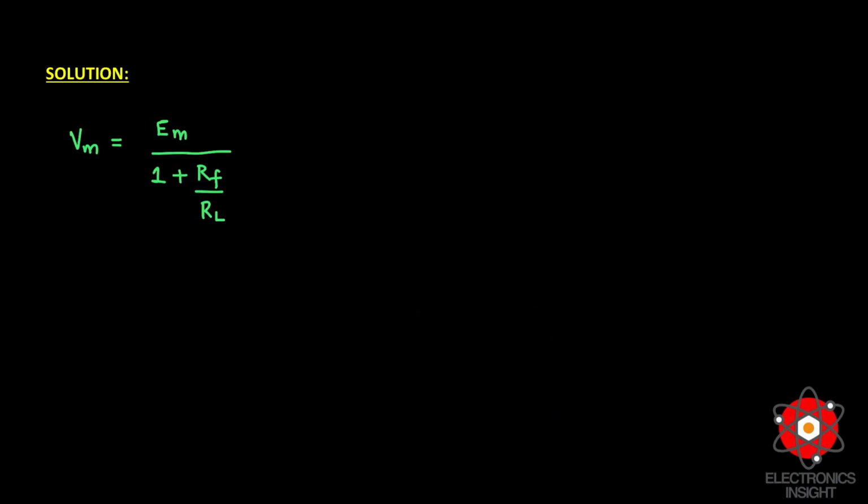To sketch the input voltage waveform, we need to understand the maximum peak voltage. I have taken this formula from the half-wave rectifier discussion; the video link is shared below. You can see that VM was equal to EM divided by 1 plus RF by RL. We have also discussed that when RF, the forward resistance of the diode, is less than RL, we can neglect the RF by RL term. Therefore VM will be equal to EM, so wherever we have EM, we can equate it to VM.